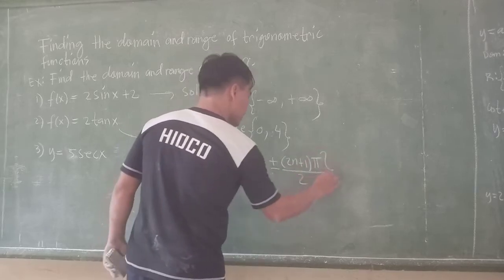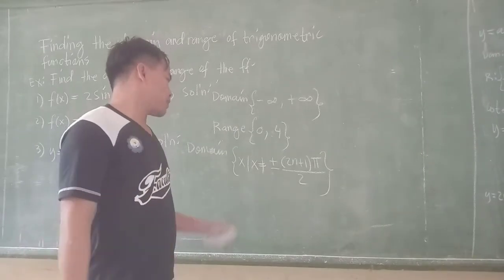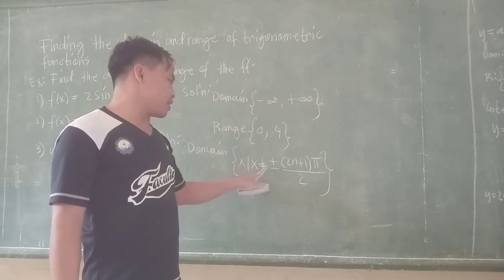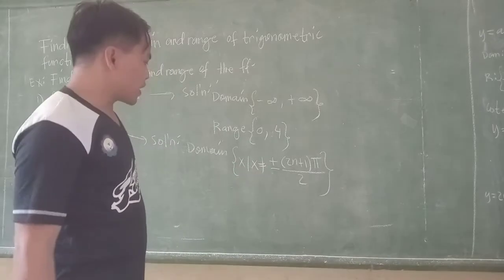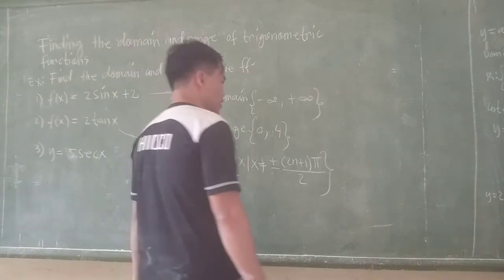So, meaning, any real number x, the set of all x such that x is not equal to plus or minus 2n plus 1 times pi over 2,